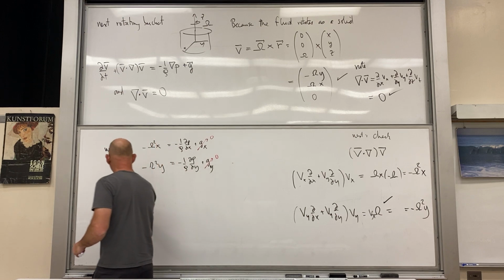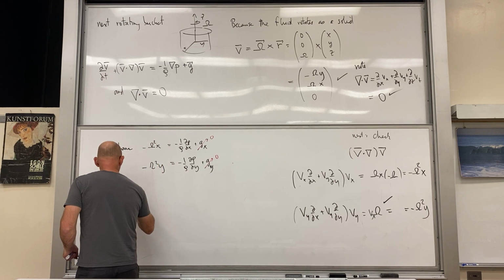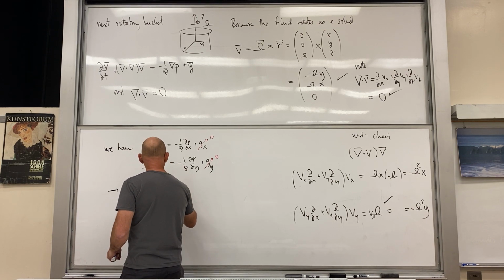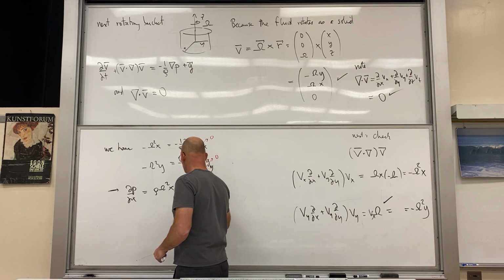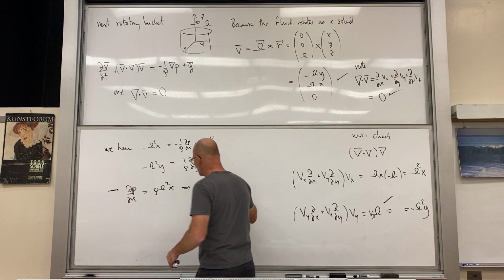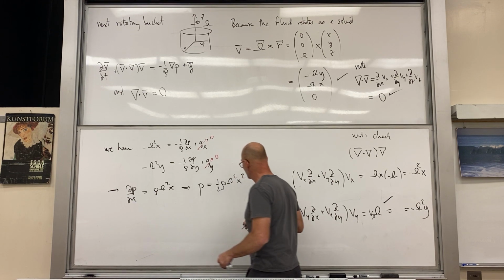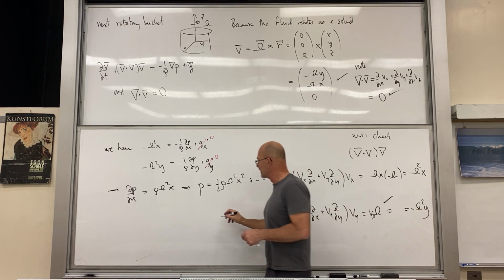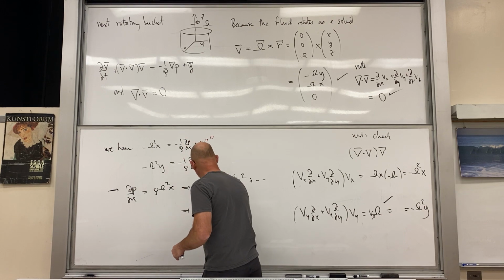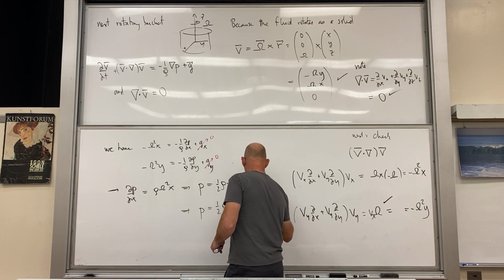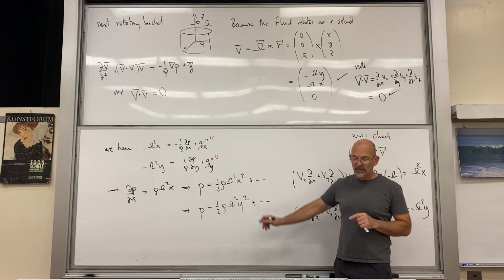So what we get is dp dx equals rho omega squared x, got minus on both sides, so p equals 1/2 rho omega squared x squared plus, remember these are partial derivatives, and in terms of y we get the same thing, p equals 1/2 rho omega squared y squared plus and so on. So what we're going to get now is a function for pressure altogether,